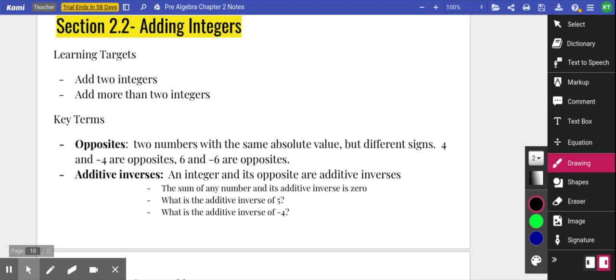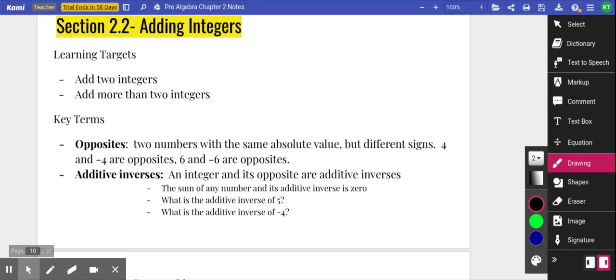All right, here we go, getting after section 2.2, where we'll be adding integers. So our learning target is going to be able to add two integers or add more than two integers together. And here's the deal. I'd love for you to try these without using your calculator. Since we're just integers, we should all be able to do that, right? We should be able to do the basic skills of adding without a calculator, but you can have it there